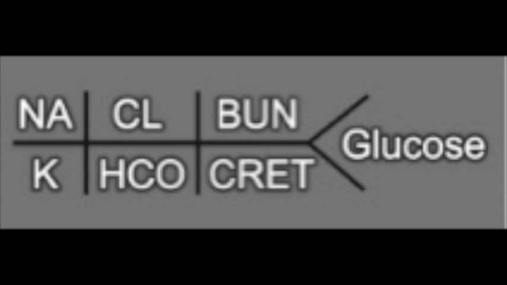Now, last step here. We all know the fishbone diagram. Do you guys know that? The fishbone diagram. Well, in the first column of the fishbone diagram, we've got our sodium and our potassium. Those are our positive ions. In the second column, we've got our chloride on the top and our bicarbonate on the bottom. Okay? The rest of it is BUN, creatinine, glucose. We don't even care about that right now. So we're just going to look at the first part of the fishbone diagram. There's column number 1, sodium and potassium. Column number 2, chloride and bicarbonate.